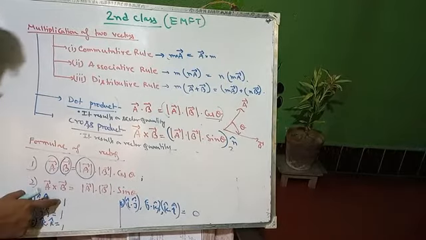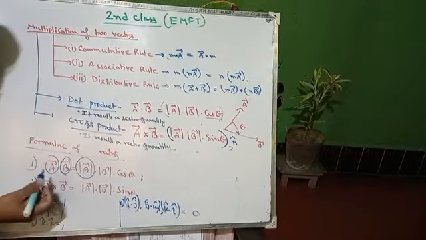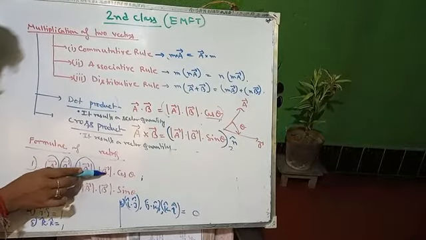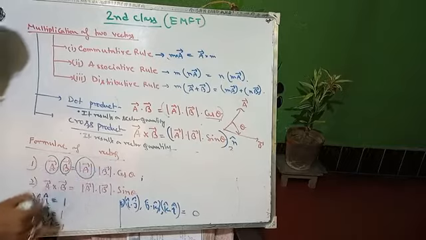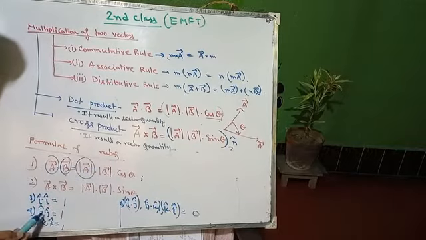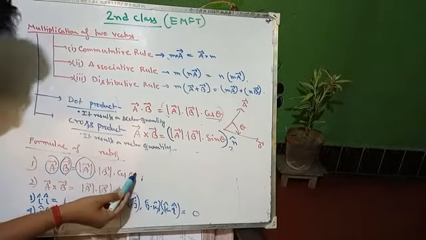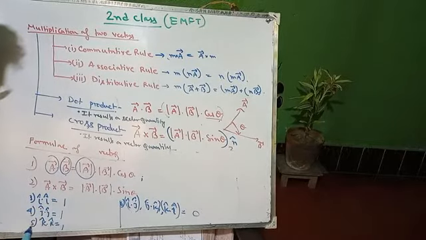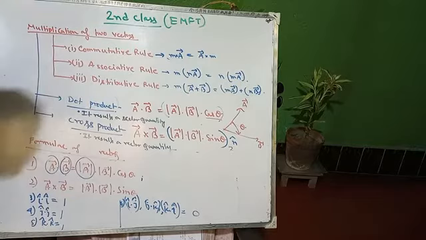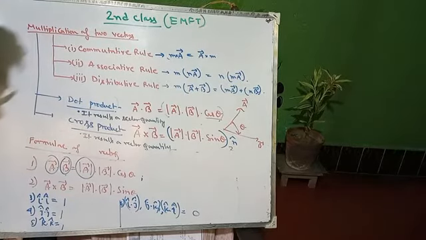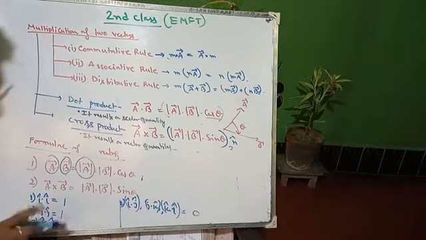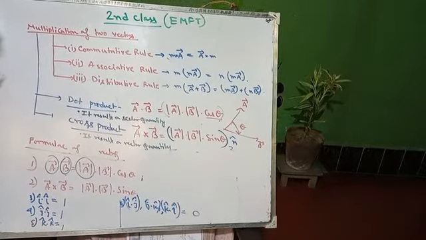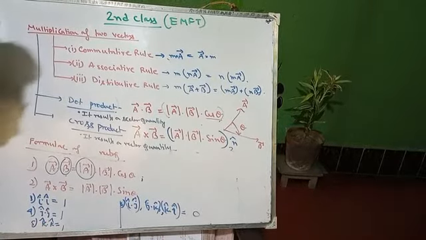Similarly, j dot j is modulus of j, 1, into 1. Again the angle between A and B, that is j and j in this case, is 0 degrees, so cos is 1, and again the result is 1. Similarly, k dot k equals 1. So always remember, the dot product of two similar or same vectors always equals 1.